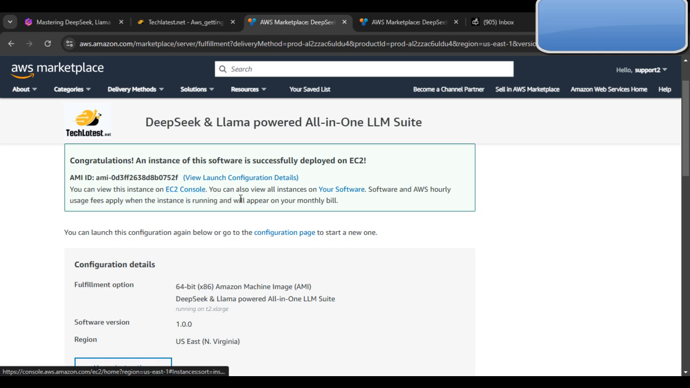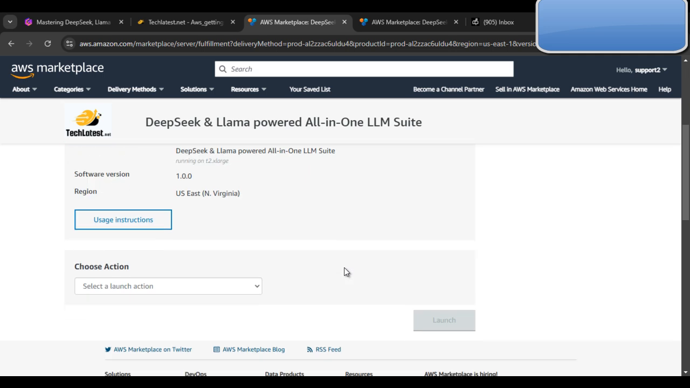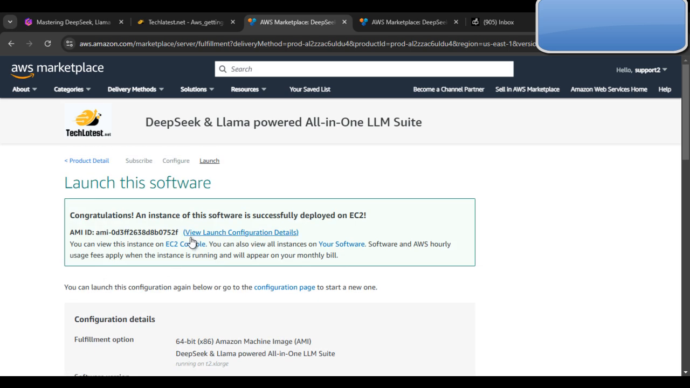You can also view all instances of your software, and AWS hourly usage fees apply when the instance is running and will appear on your monthly bill. So these are some prerequisites and other things. Now click on EC2 console,